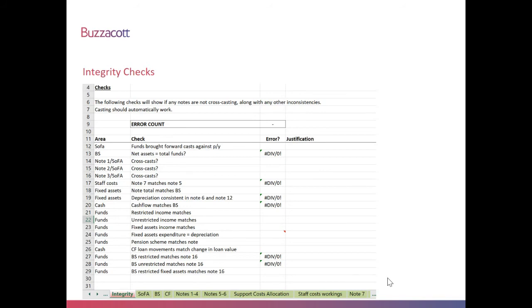As we've heard, that may not be the case because you may have unspent cash sitting in the fixed asset fund. So this will just pick that up, and then you can note in the justification why there is a difference, and that will be legitimate. But it is worth checking through those integrity checks. And on the next tab,